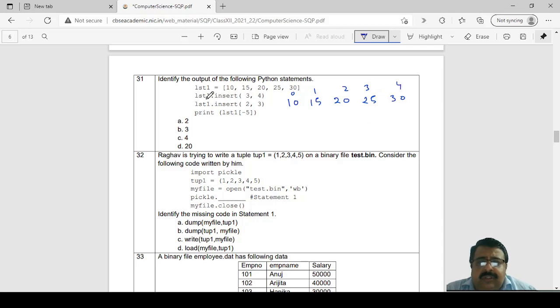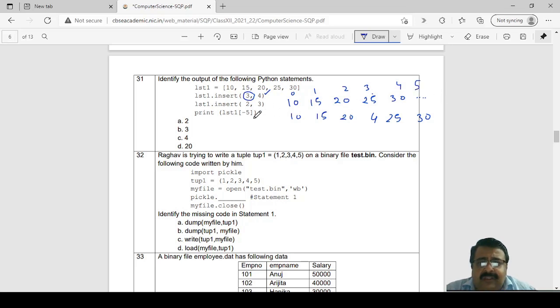Now insert 3, 4 means at the third location we have to insert the value 4. So this is the third location, here this value 4 has to be inserted. So the new list will be 10, 15, 20, 4, 25 and 30.